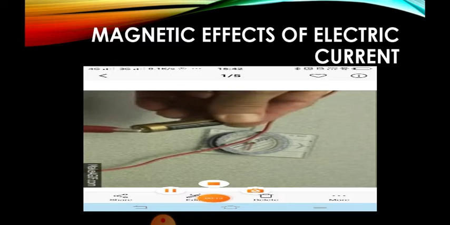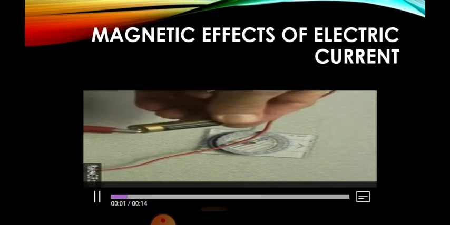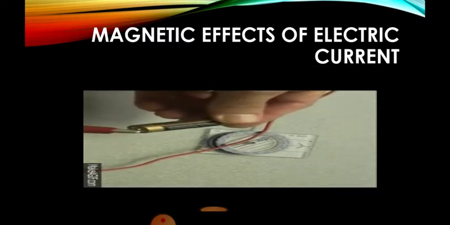You have learned about the magnetic forces of attraction as well as repulsion. When two like poles are brought together, they will repel, and when two unlike poles are brought together, they will attract. In the same way, in this case, the magnetic needle starts deflecting when the current is passed into the wire.